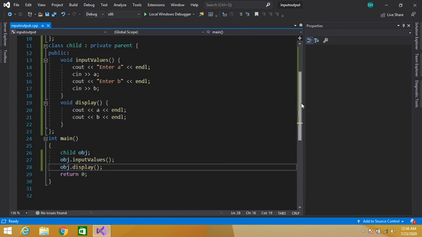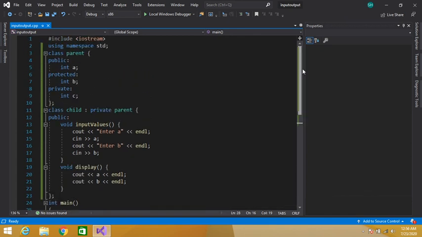So we have discussed the different types of inheritance. There are 3 types of inheritance: private, public and protected. In public inheritance, all the public data members of a parent class become public data members of the child class, all the protected data members of the parent class become protected data members of the child class, and all the private data members of the parent class become private data members of the child class.